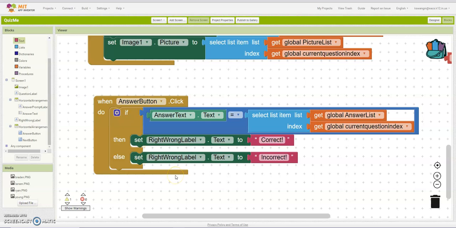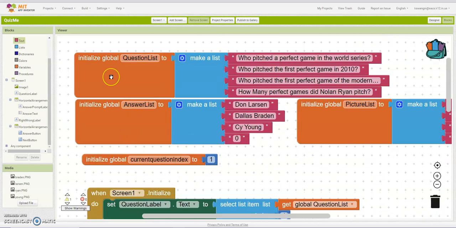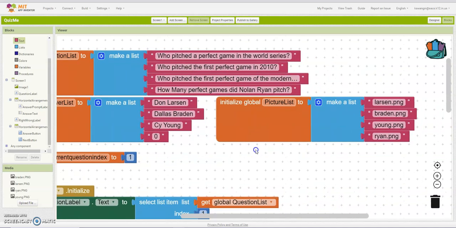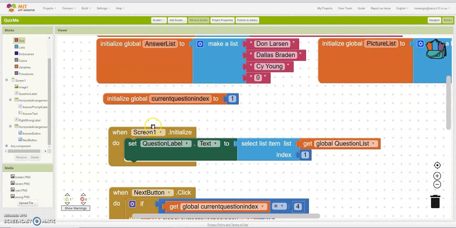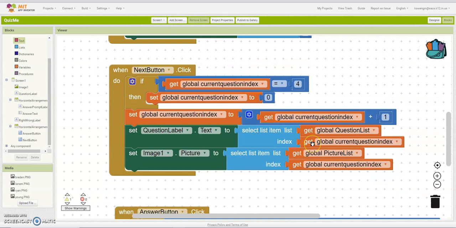So our final program should have an initialize global question list, an initialize global answer list. They have to go in the same order for the correct answers. It should have an initialize global picture list, and those should be in the correct order to match the questions and the answers that we already created. We need to initialize the current question index, so that one's here. Then we need a screen one initialize that does the question label to pull it from the list and start the index. On our next button,